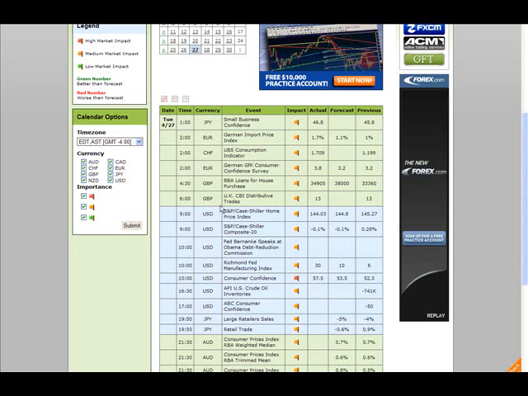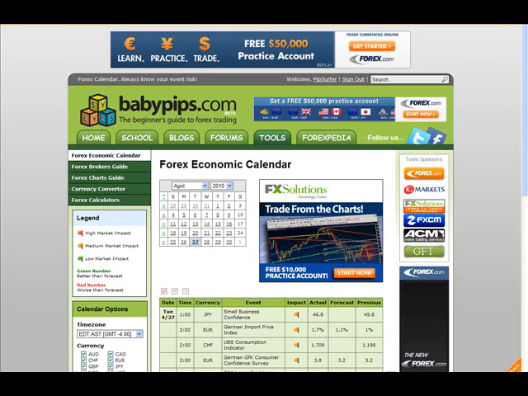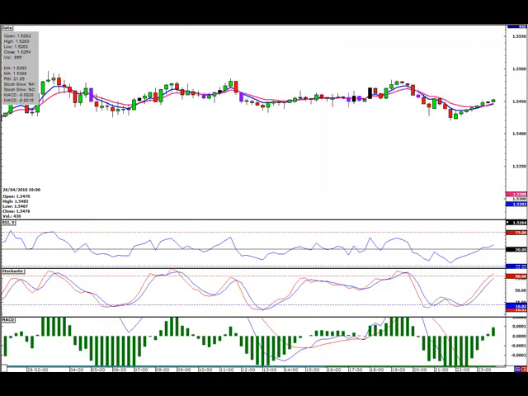So to just recap, 4:30, 6, I'm not going to regard 9, but 4:30, 6, and 10 a.m. Those are the news events I'm really going to watch out for. So I'm jotting those times down, and that's really all I need. So I'm putting that in a notepad. You could do the same thing, or you can set some kind of alert or an alarm just to let you know when those news events are coming out, because we don't want to be in the market during those times. So now that we have our news events handy,